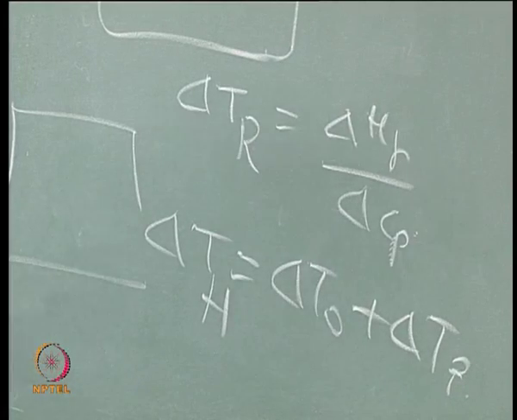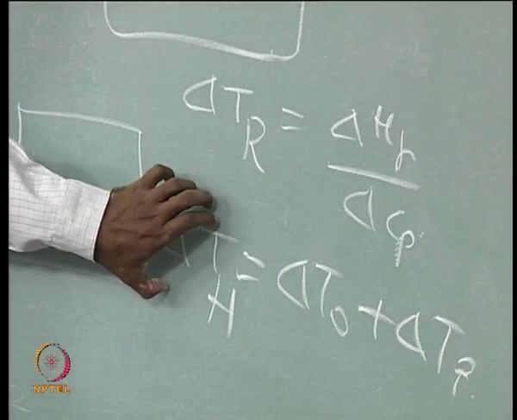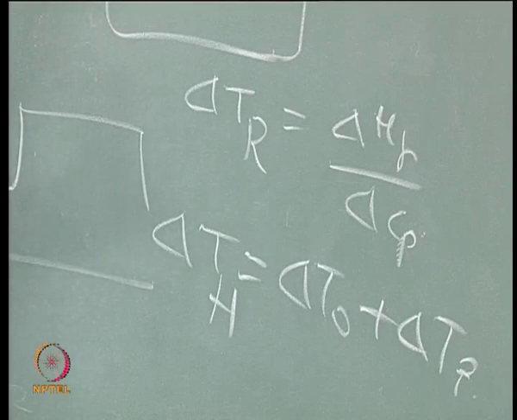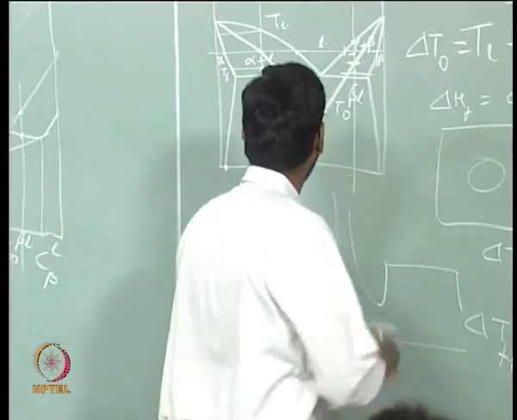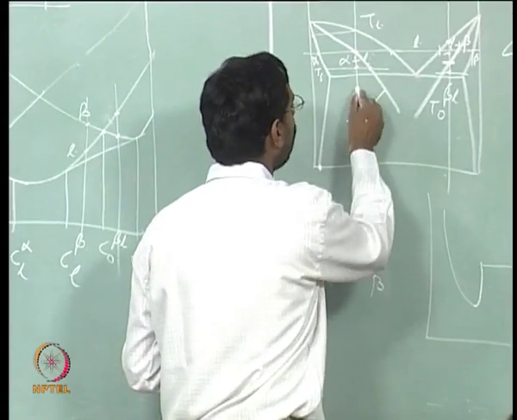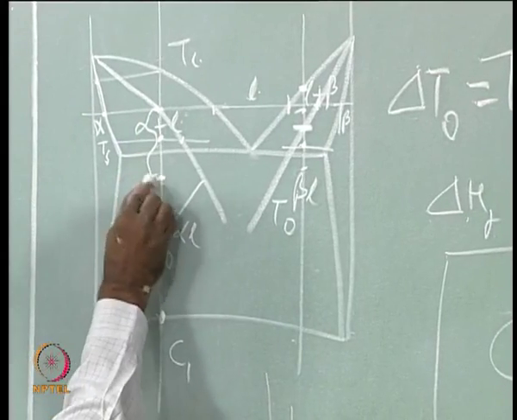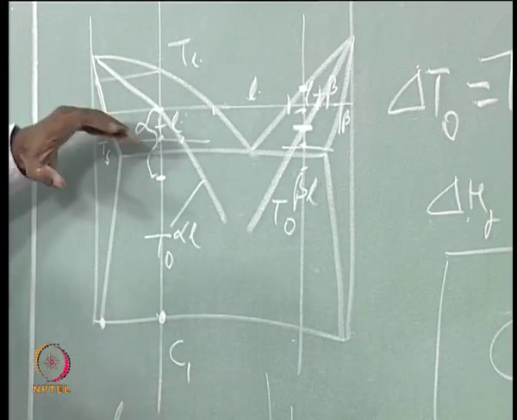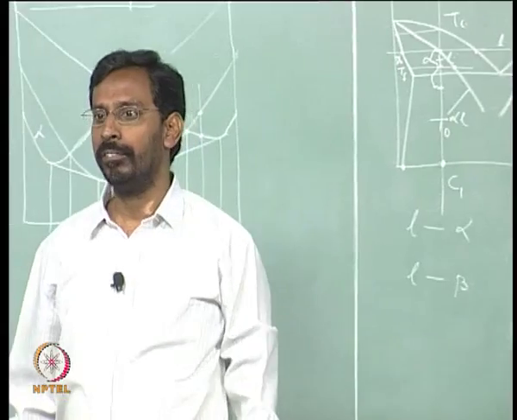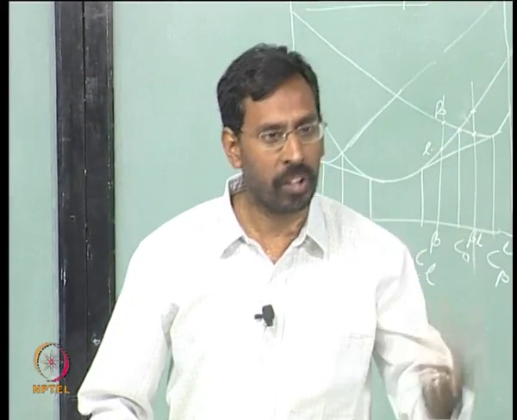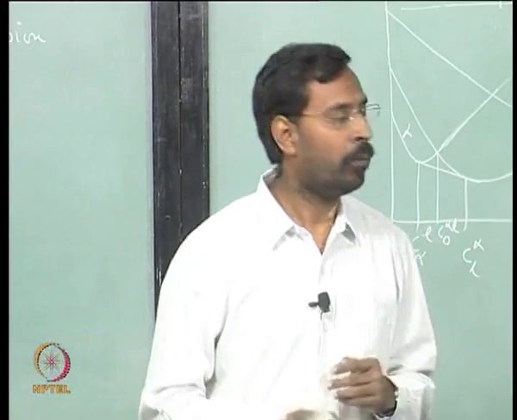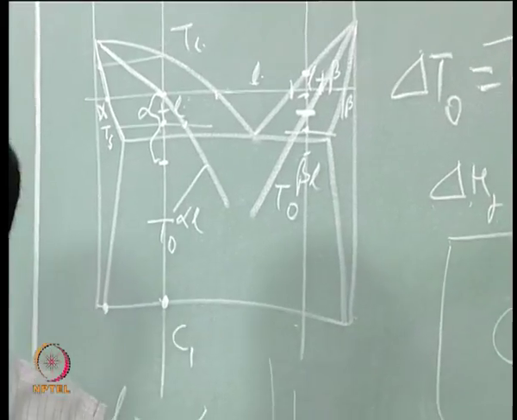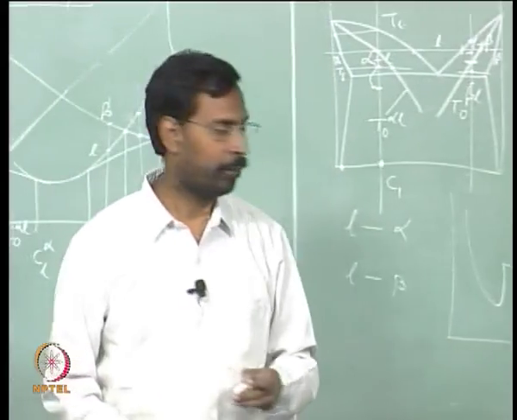If you can give this much undercooling, then there is no problem at all, because it takes care of even the recalescence. So, you are not simply cooling just up to this, but to a temperature here, so that even after recalescence, the temperature does not cross that. So, you basically undercool it to such a temperature that even after recalescence the temperature does not cross the T naught, and that is what we call the hypercooling concept. We will talk more about it as we go along. Okay? Thank you.